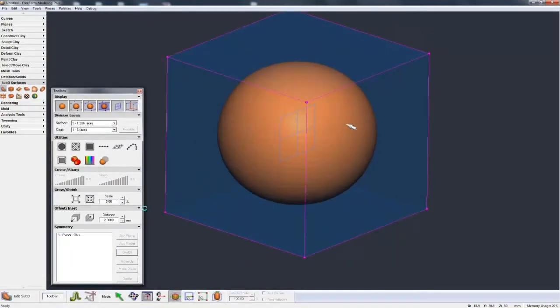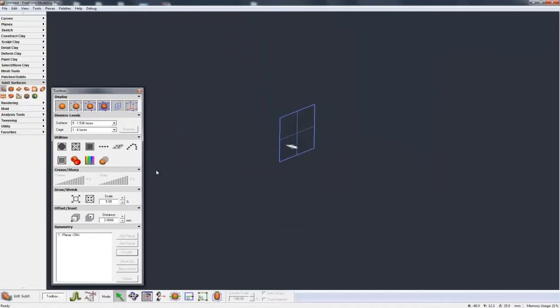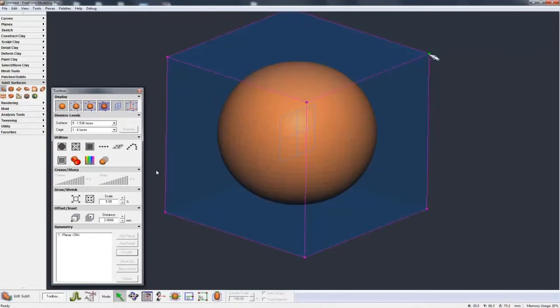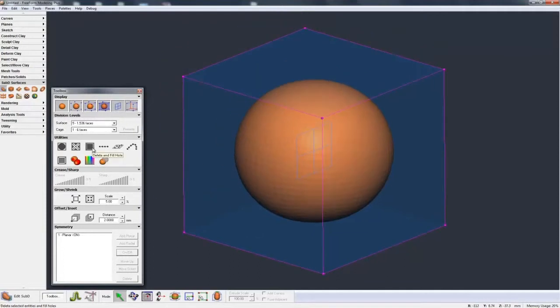Now if I did that with a really simplified model, so select the face and then hit delete, you'll see the entire model goes away, because it's actually deleting all of these 4 points here, and because symmetry is on, it deletes the other 4 points, and then you end up with nothing in the middle, and so the whole model just disappears. Now I'm going to come to the third option, delete and fill hole, but again, before I